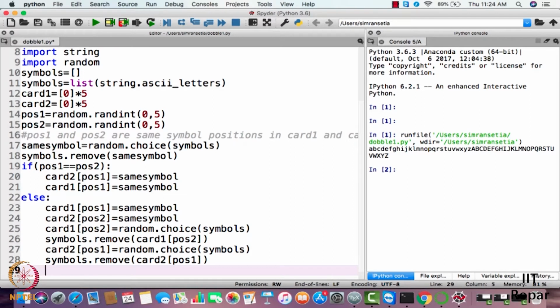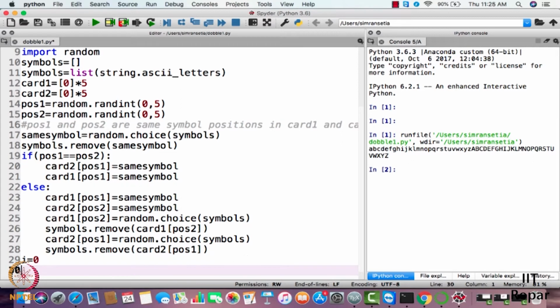We are also done with these particular symbols that will be there in card 1 and card 2 at POS1 and POS2. So what about the remaining positions? Apart from POS1 and POS2, we'll also be appending some symbols there which are not similar, obviously. So let us do that. For that I'll have a while loop here. I'll initialize a variable i, while i is less than 5.